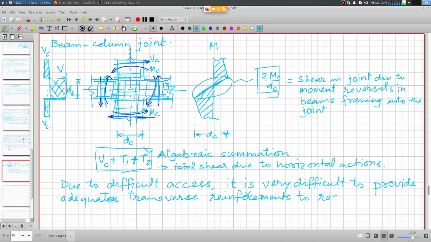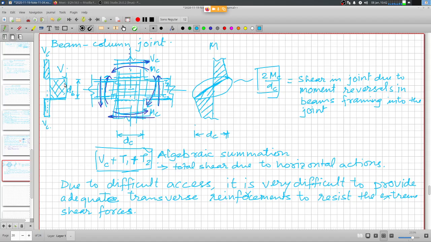To resist the extreme shear forces. So the problem now is, although it might be difficult, there is no escaping that. You need to realize that what you are looking at in this shear, in this beam column junction,